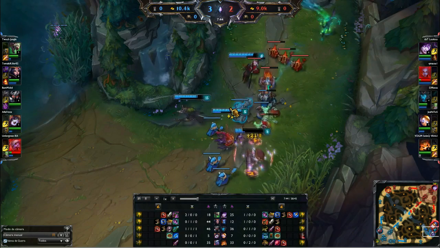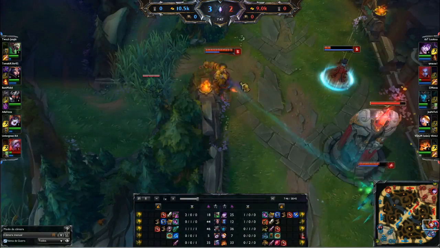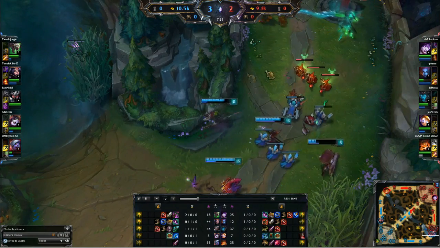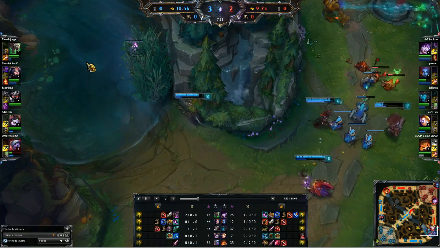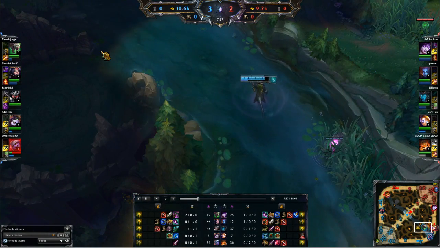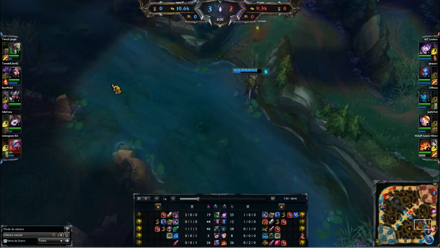So here we almost kill the Eve, she has to go back, and because of this I thought maybe we can go for the dragon. The thing is, my team will not follow me on that, so I will just simply go back to my red buff. Talking about the build,